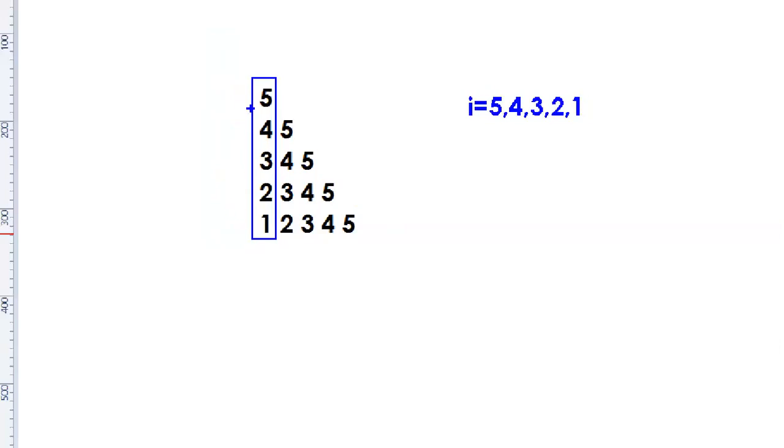Inner loop J value starts with 5, 4, 3, 2, 1. So nothing but it starts with I, because the I value is 5, 4, 3, 2, 1. I to 5 is increasing order only. It's like 5 to 5, 4 to 5, 3 to 5, 2 to 5, 1 to 5. Like this. Please do it fast.